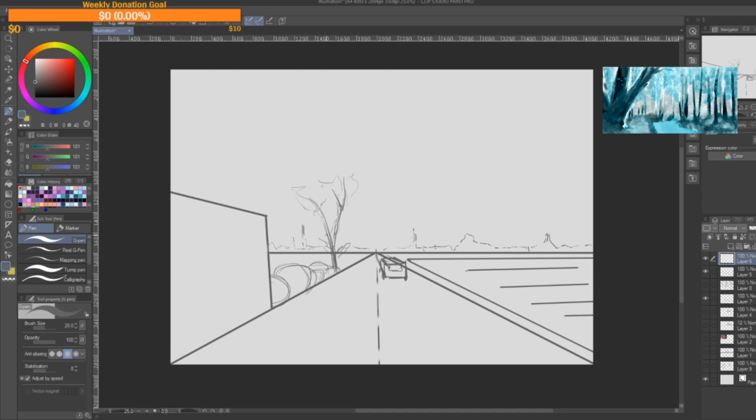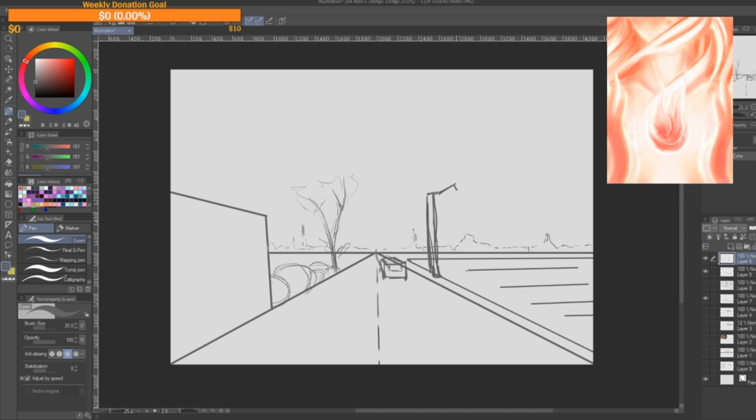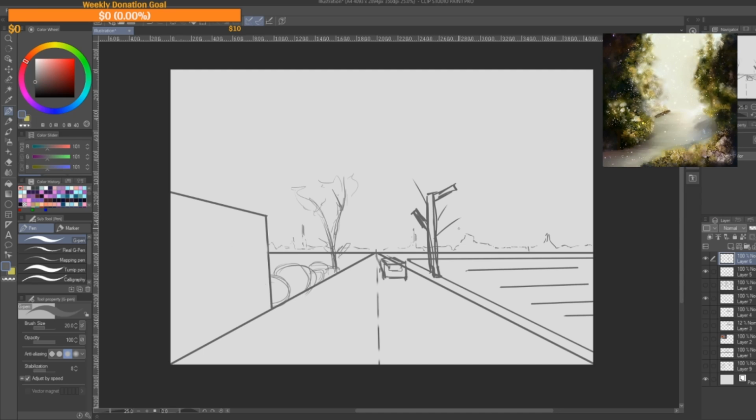Okay, so instead of doing this tree like this, I'm going to say trees have a base. And we can usually see that that base comes up, right? So we're going to say rectangle. And then usually there's some other branches coming off. Maybe with a couple really thin ones somewhere. And then you're like, I want leaves all over it. Boom. That's a tree. If you're not convinced...